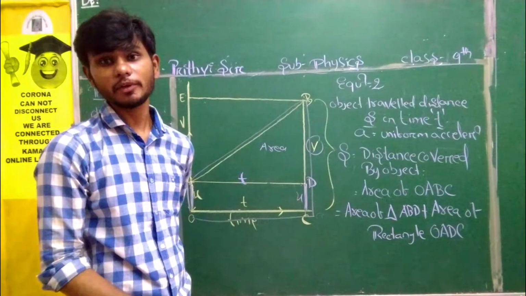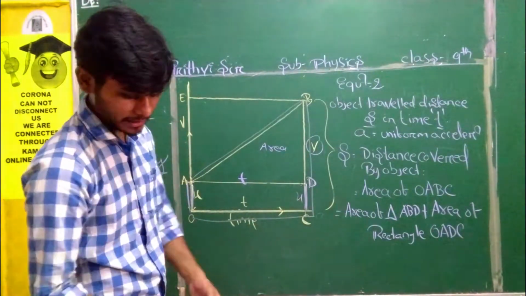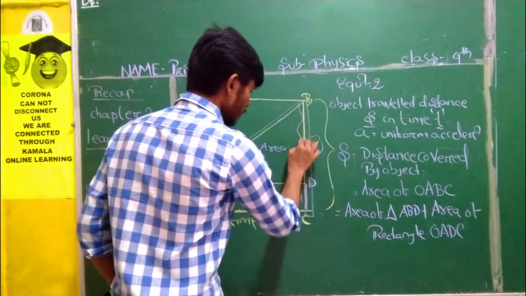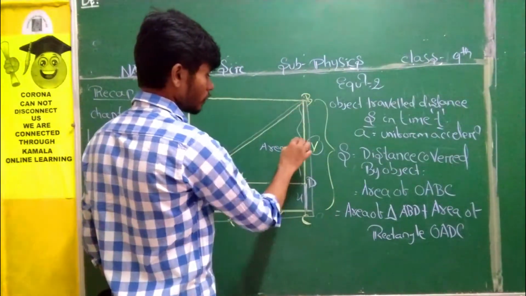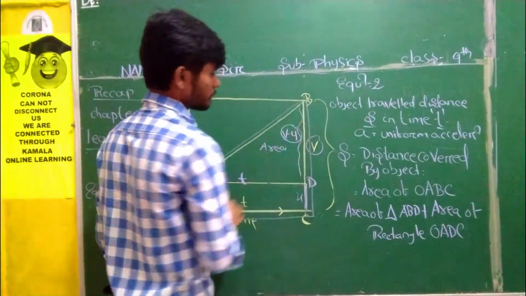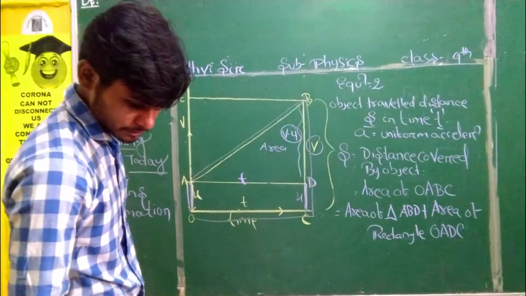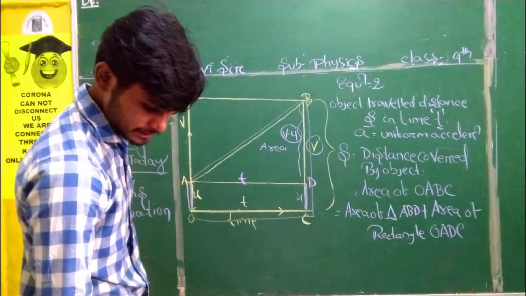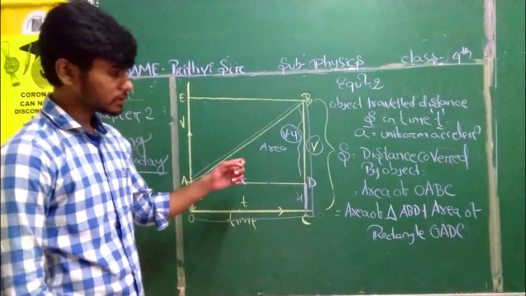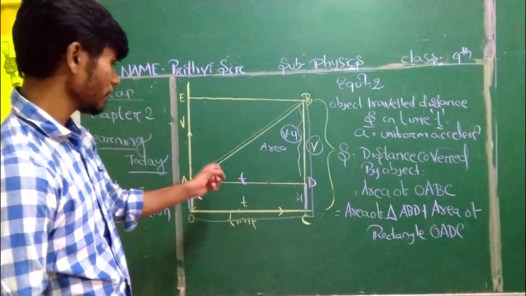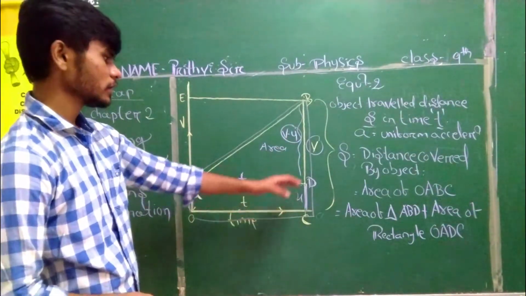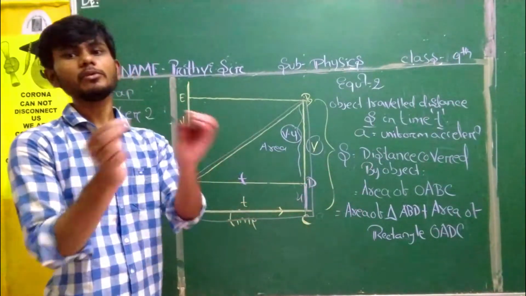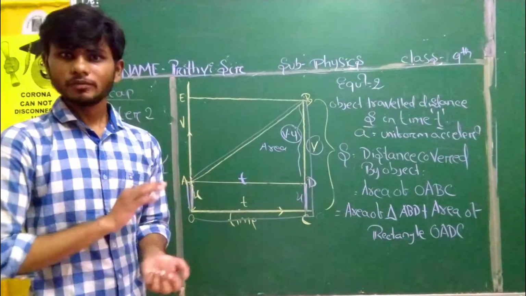In our last class, what did we get? We got an idea or not? What is the value of BD we got? Total BC is equal to V. Only BD is equal to V minus U, we got or not? Yes, BD is equal to V minus U, already got in our last class. So we have every value. Now we need to find out the area of the triangle, then the area of the rectangle, and we have to add both. If we add them both, we will get our answer.